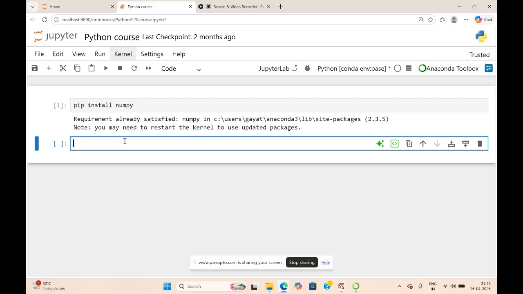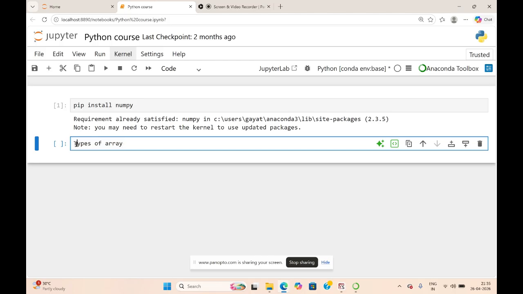Okay, so we know very well that an array is a collection of elements of the similar data type. NumPy supports handling three types of arrays: 1D, 2D, and also three-dimensional arrays. So we'll see an example for each type of array that the NumPy library supports.